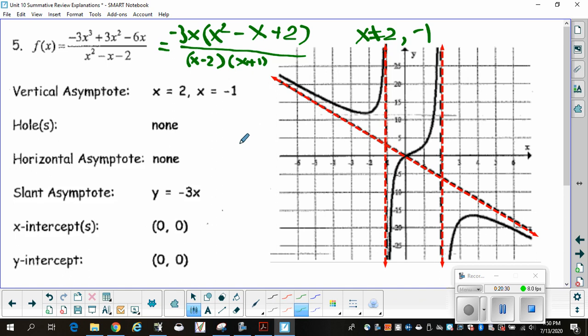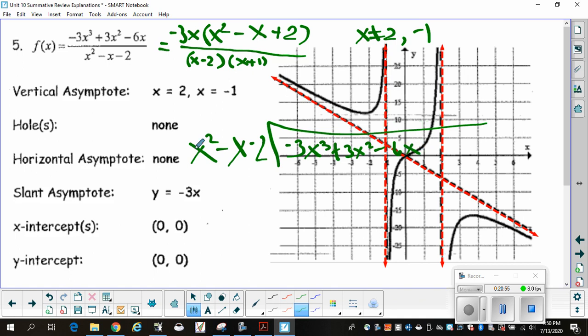That gets a little bit crazy doing this with the mouse. So suffice it to say that you would do x squared minus x minus 2, and you would divide that into -3x cubed plus 3x squared minus 6x. x squared would go into -3x cubed,